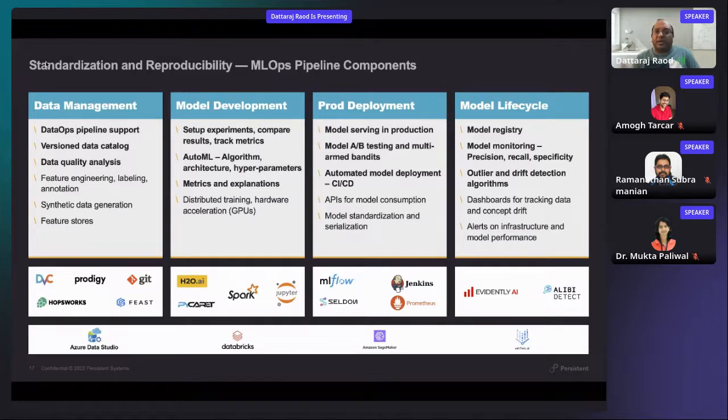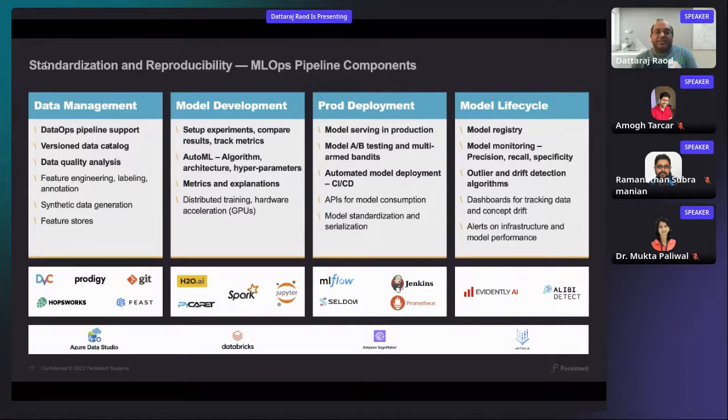Model development: AutoML is becoming very popular, where instead of you manually training multiple models, you want a tool which can automatically use the same data, train on multiple models, and give you a list. We'll see an example of this with PyCaret. And now we are seeing a lot of growth of low-code and no-code ML tools. So things like PyCaret, which are low code, where the data scientist has to write minimal code, just set up the experiment, and the system behind the scenes does a lot of the groundwork